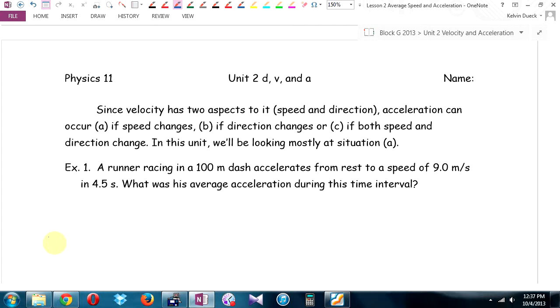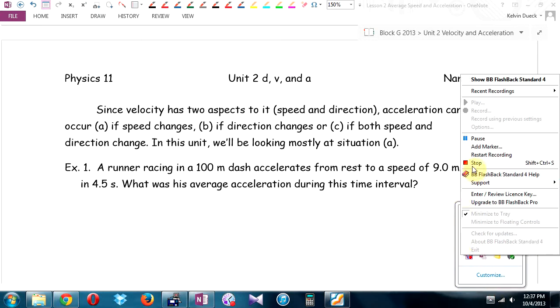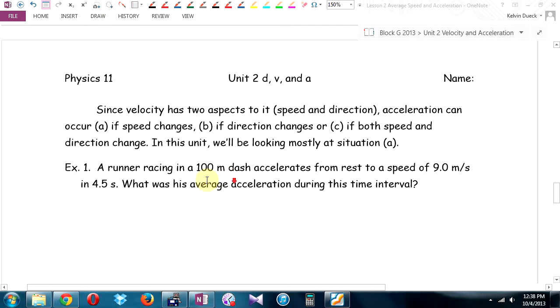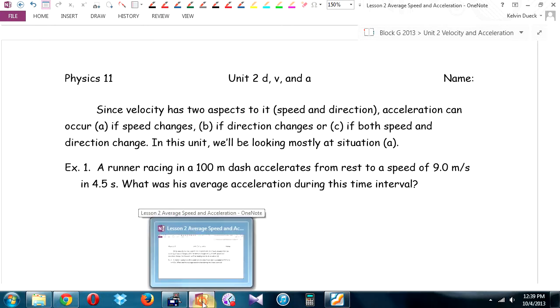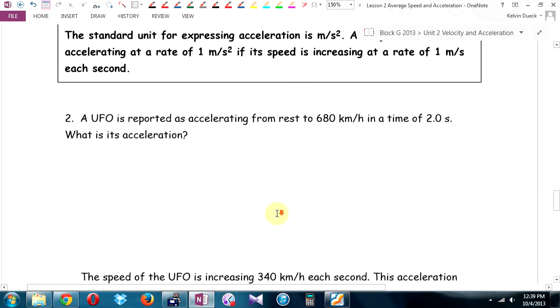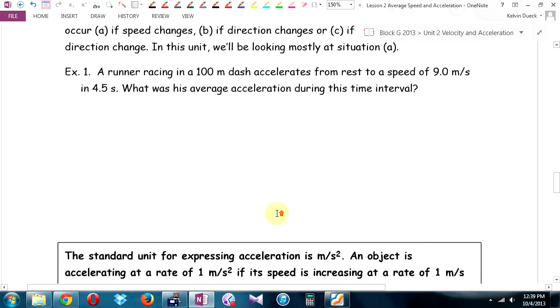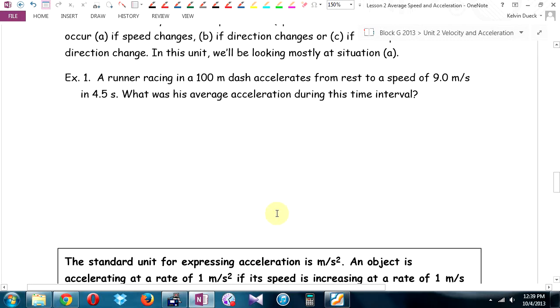But even with something as simple as, let me give you an example. I've got to pause the video for this one. Example 1. A runner racing in a 100-meter dash accelerates from rest to a speed of 9 meters per second in 4.5 seconds. What was his average acceleration during this time interval? I'm going to be showing you an approach that I call